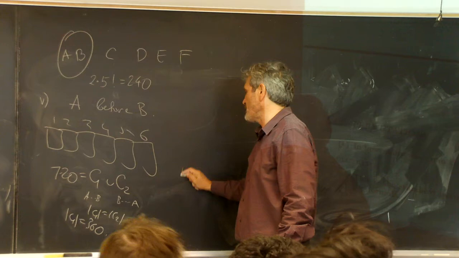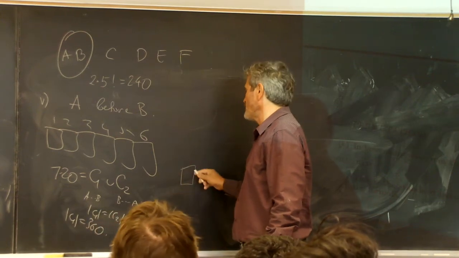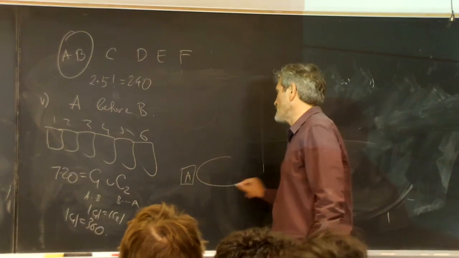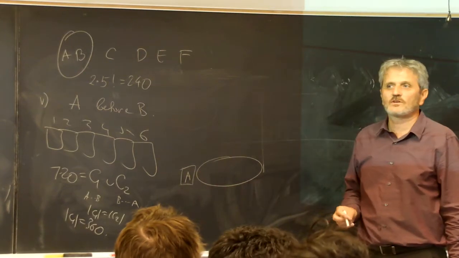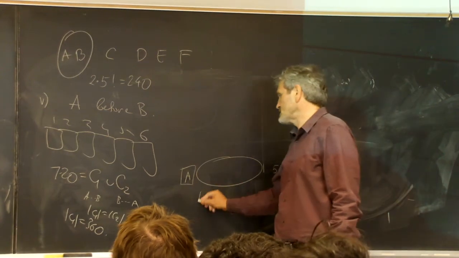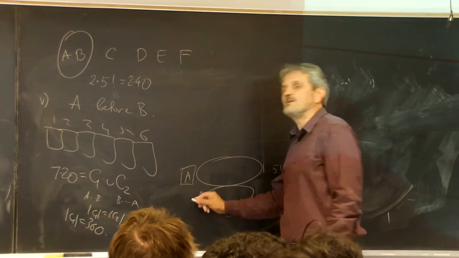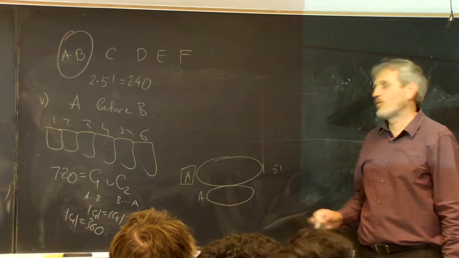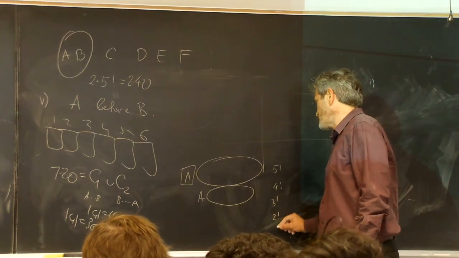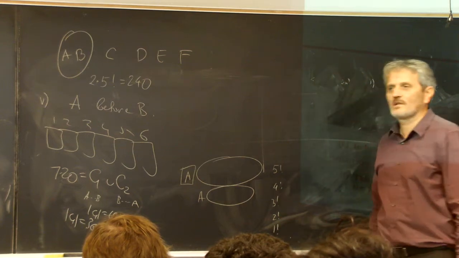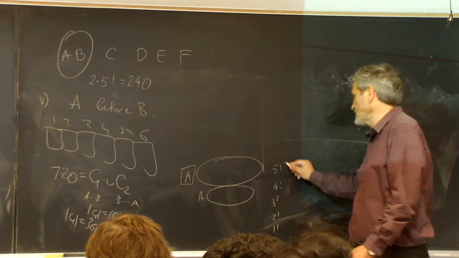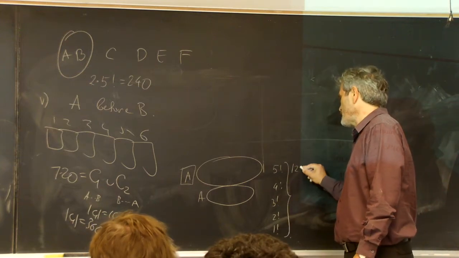Then what can you say? Exactly as Bijan commented, A must be ahead of B. So if A is on first, then B has all the options in the world. Do you agree? And that's what, 5 factorial. If A is on second, then what happens with B? 4 factorial. And then you have 3 factorial, 2 factorial, and then 1 factorial. Do you agree? And then if you add them up all together, 5 factorial is 120, 4